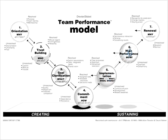The next step is this implementation, and that's really when you get into the who, what, where, why, and when. And that leads into step 6, high performance, and then ultimately, as you wrap up and you finish, there may be the next step for your team. And the reason I share this team performance model is because